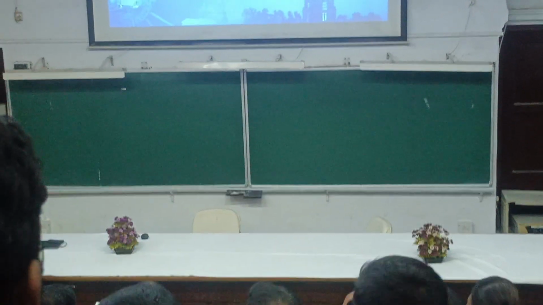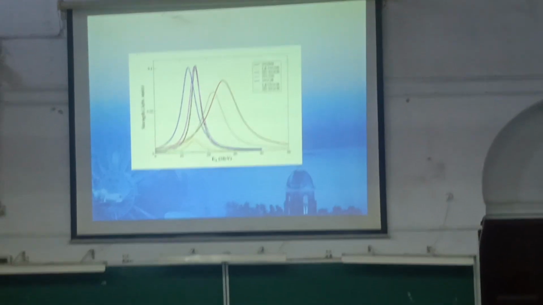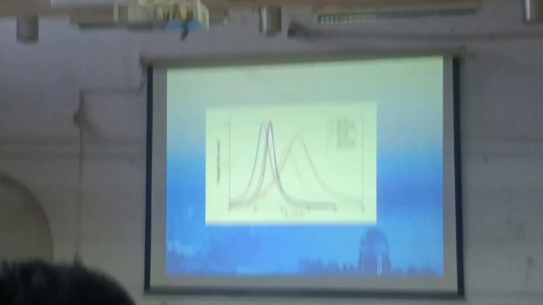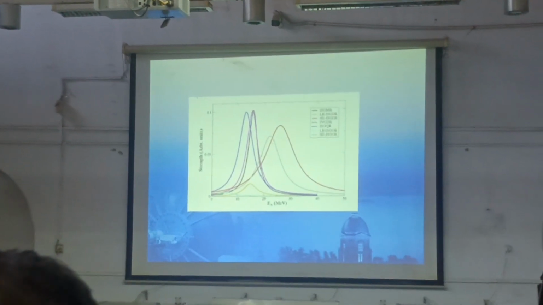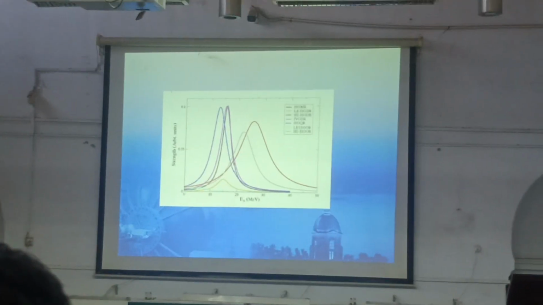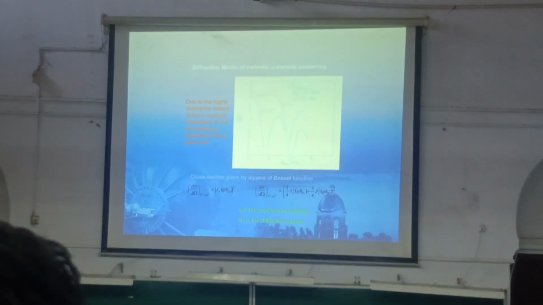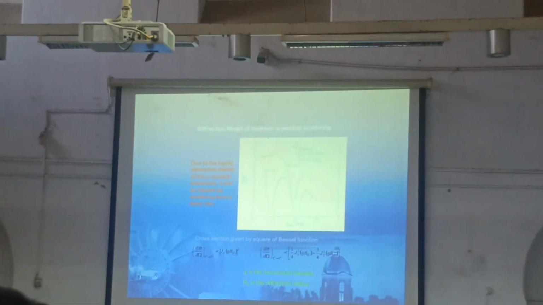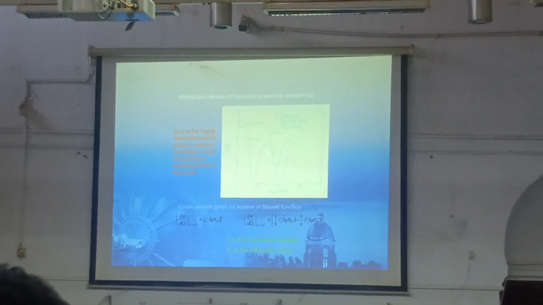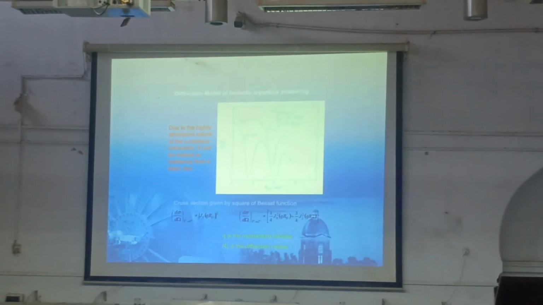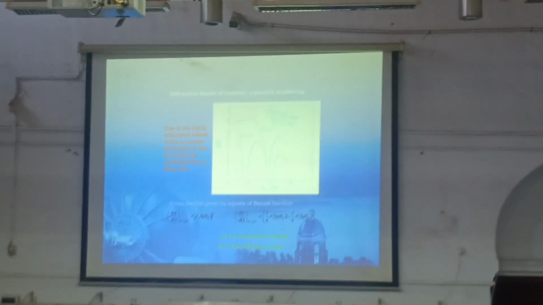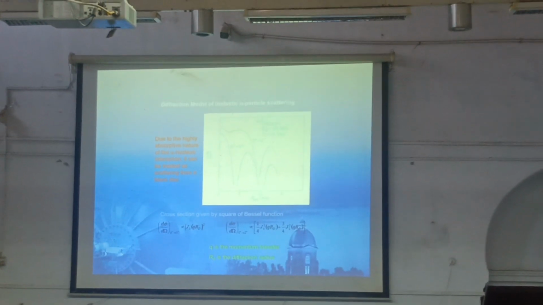So I do inelastic scattering of alpha particles, and you can think of the alpha-nucleus interaction as that of a black disk. You get the same diffraction pattern, and that diffraction pattern can be represented by Bessel functions. Again, you know what Bessel functions are. Now these are two different possibilities. One is L equal to 0, the monopole resonance that I am talking about. This is L equal to 2, which is the quadrupole resonance.